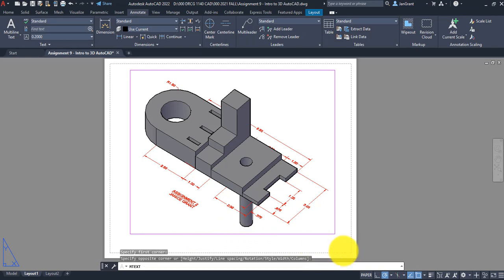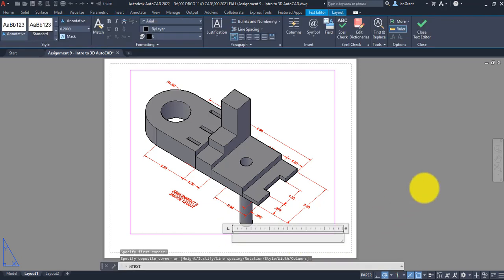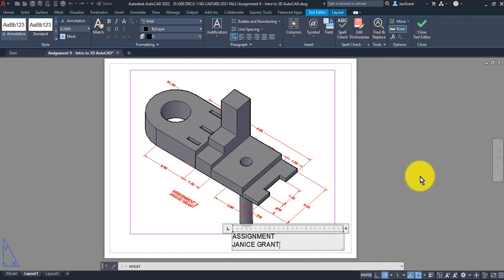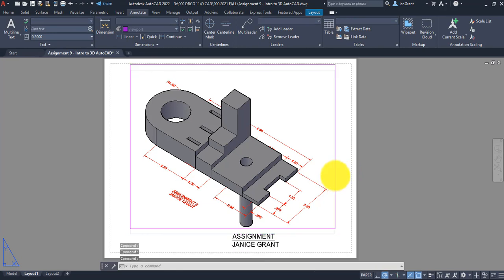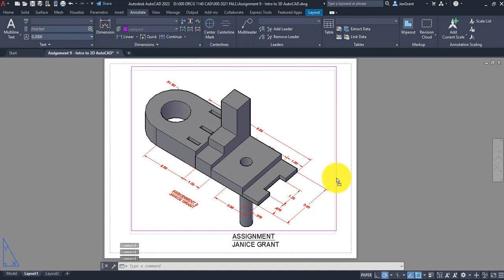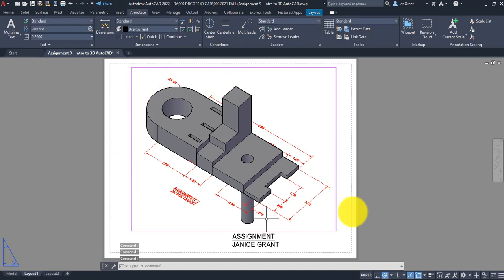So click a point, pull your mouse over, put your caps lock on, and let's call this whatever the assignment number is, and then your name underneath there. Highlight the assignment number and underline it as we have been for most of the assignments. Now, because this won't print, it doesn't matter if it's right on top of the text or underneath it, because this is a box that